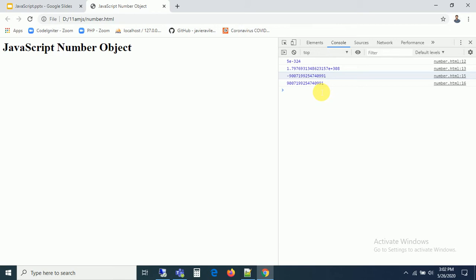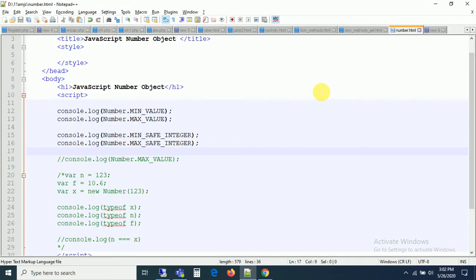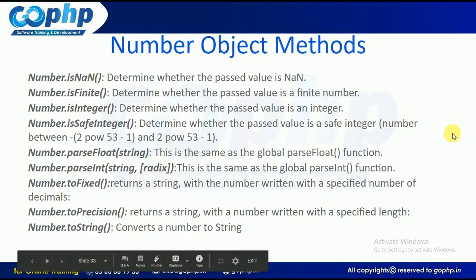In the same way, we have this in our JavaScript also, guys. Max safe integer, min safe integer, they return some values: the maximum value that we can store in a number. That is the meaning of these four constants we have here. And let us see some methods, by using which we can convert a string to a number, or a number to a string, or get precision and so on. Let us see those also here.